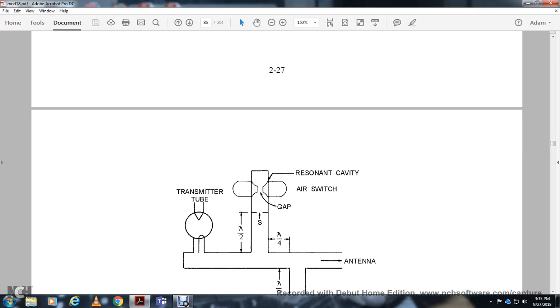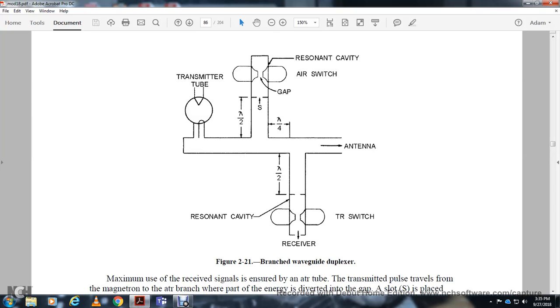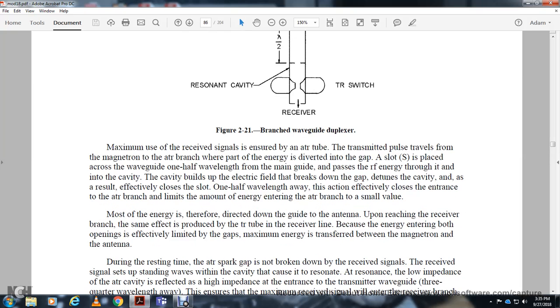So the transmitter tube, the resonant cavity, the air switch with the gap, the switch to the antenna resonant cavity, transmitter receiver. The switch must receive the signal with the anti-transmitter receiver tube. The transmitter pulse travels from the magnetron, and the anti-transmitter receiver branch will be apart, the energy diverted into the gap of the slot, placed in the waveguide one half of the wavelength from the gap, with the path of the radio frequency energy through into